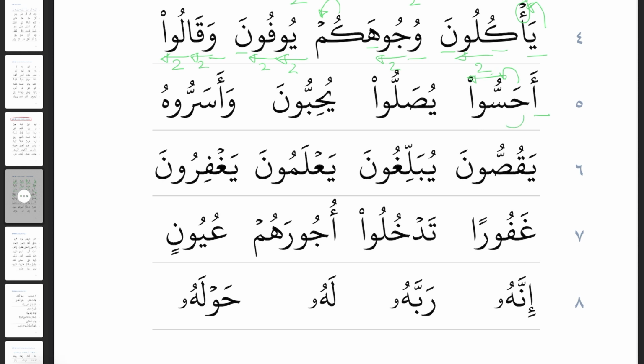Hasu. Okay, let's carry on. We've got a similar one here. You, sol. Now I'm joining in. I'm making those circles again. I don't want to make those circles. So the sad is joining to the lam because of the shadda on the lam, but then I have a 2 count stretch after the lam because of the wow following that dhamma. So I have you,